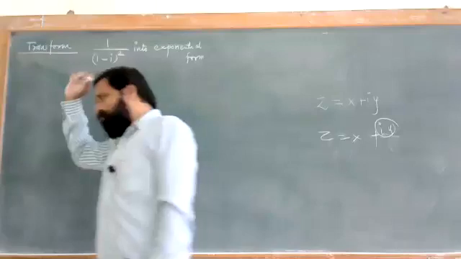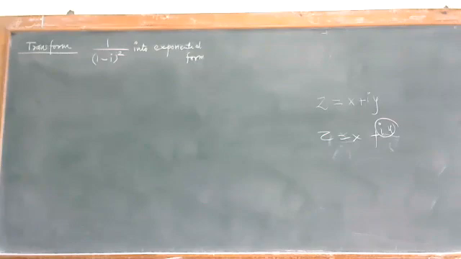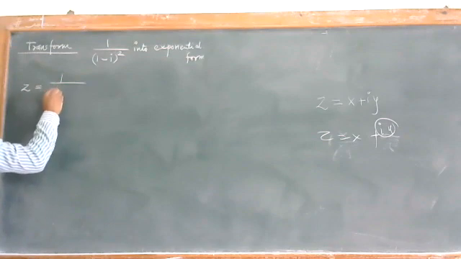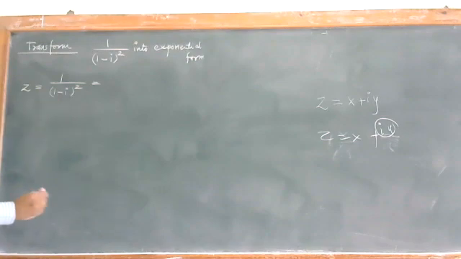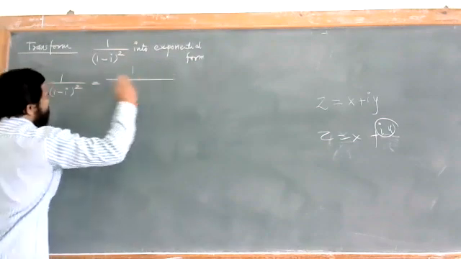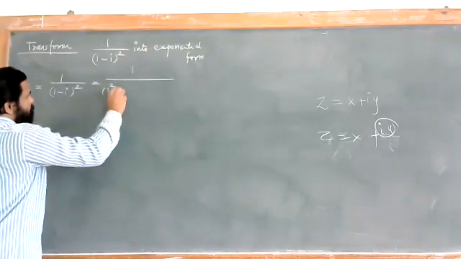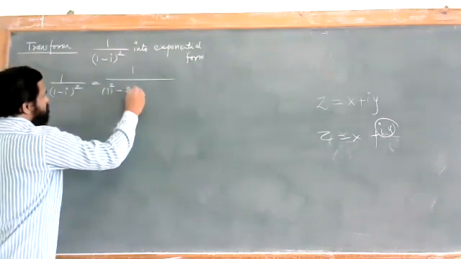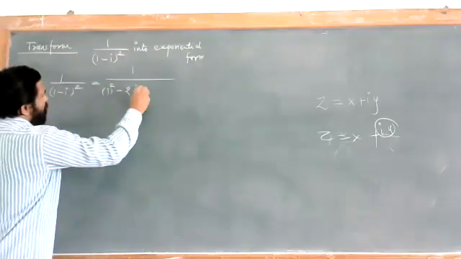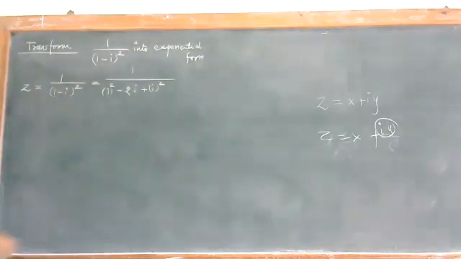So what we will first do, we'll just try to solve this square, okay, and then we'll proceed further. Let us say we can have this z equal to (1/(1 - i)) bracket square. याचा स्क्वेअर करून घेऊया. स्क्वेअर एकदम सिंपल आहे, (a - b) चा स्क्वेअर म्हणजे पहिल्या टर्मचा स्क्वेअर, 1 चा स्क्वेअर, minus twice the first and second term, which is nothing but twice i, and the square of the third term. Okay, that means a second term, that is i square.